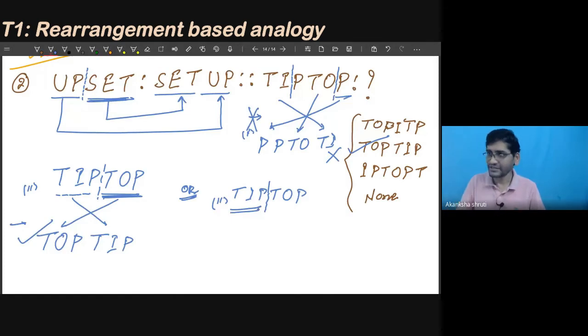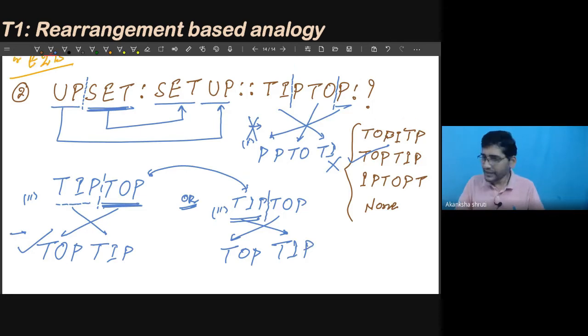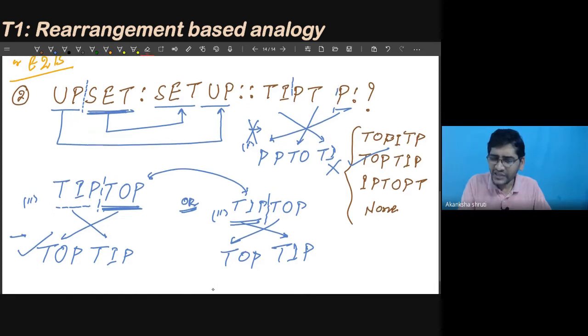Then though this trial appears not correct, because in the given set the first one is the 2, still if we are doing like this, then it gets converted exactly into the same one. Means this I need to write at the end, and the TOP I need to write at first, and TIP I need to write at the end. We are getting the same. It is not just the reversal, but reversal of a set, reversal with increasing characters, reversal with decreasing characters. So those things are prevalent at your level.